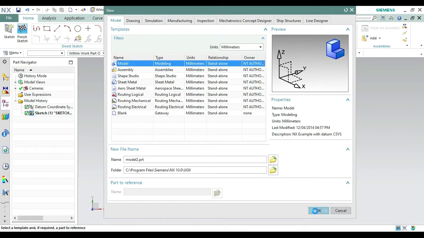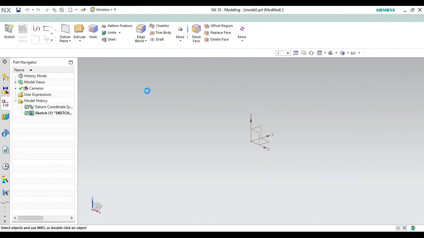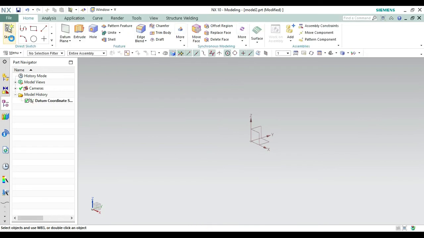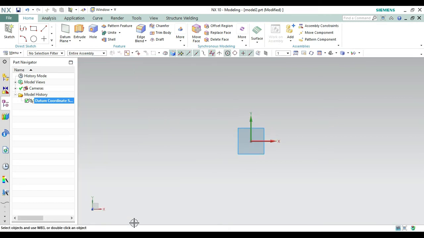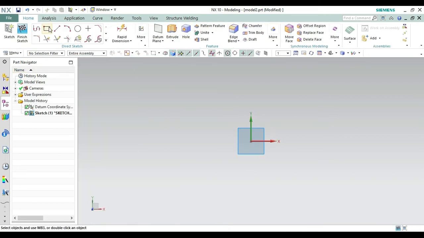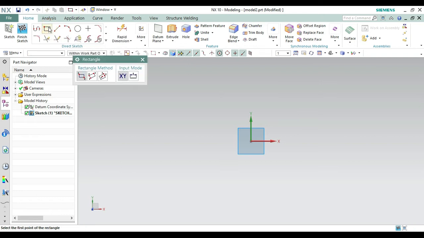Okay, let's make this model. We have to bring a new format like this, and starting with the same point, first we have to select the sketch, meaning on which plane we are going to design this 2D profile. So from here select this top face or XY plane, then use the rectangle command, and